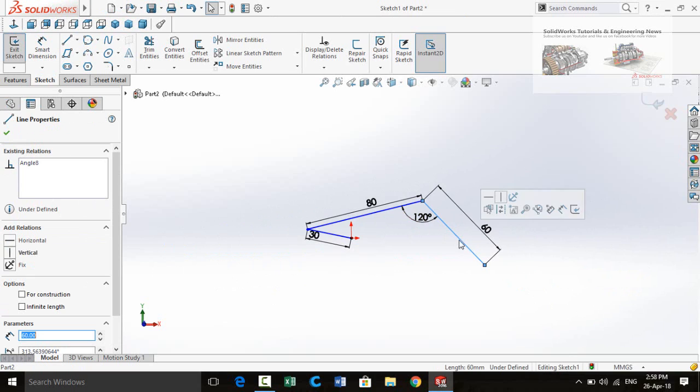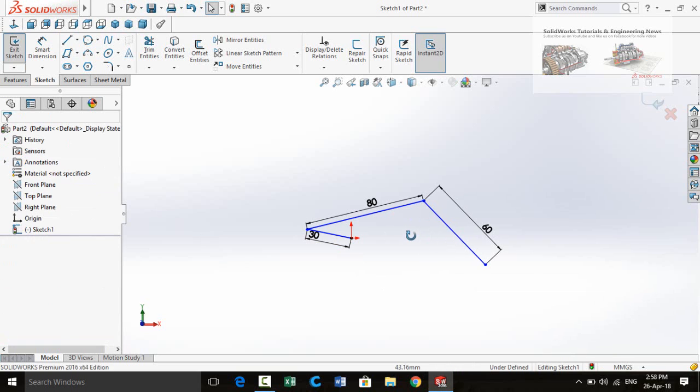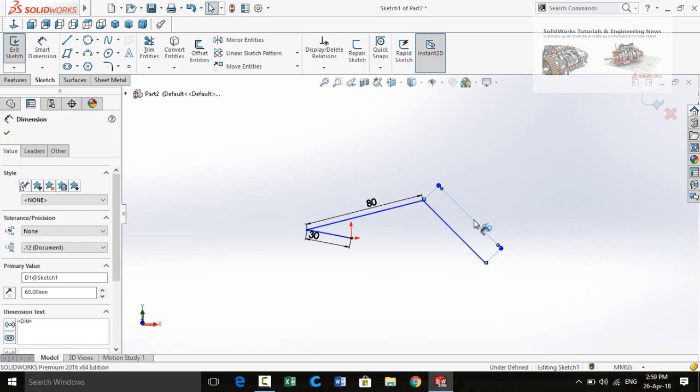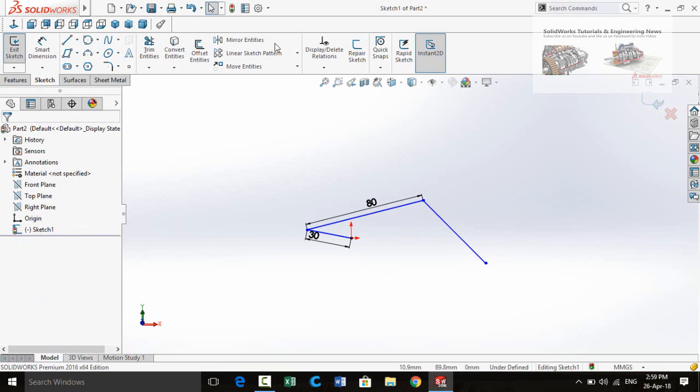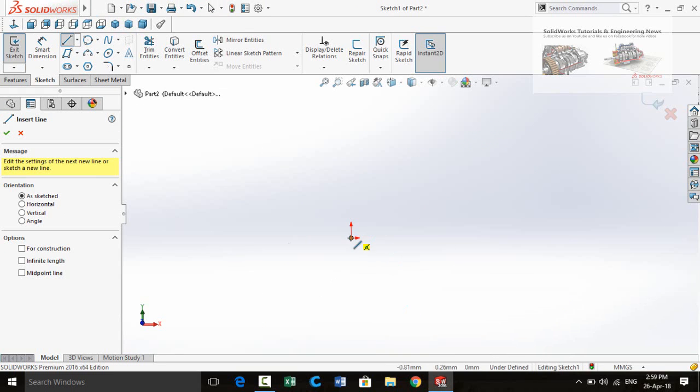If you click on this line, on the left side you can see the existing relations. This is the angle, and you can delete it by right clicking and then deleting it. Now let me show you the relations in SolidWorks one by one.